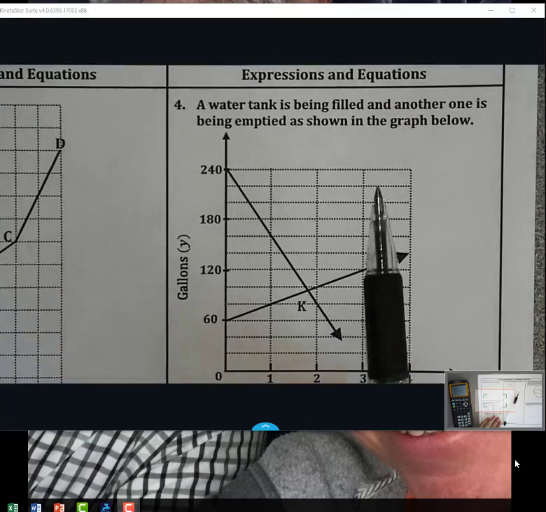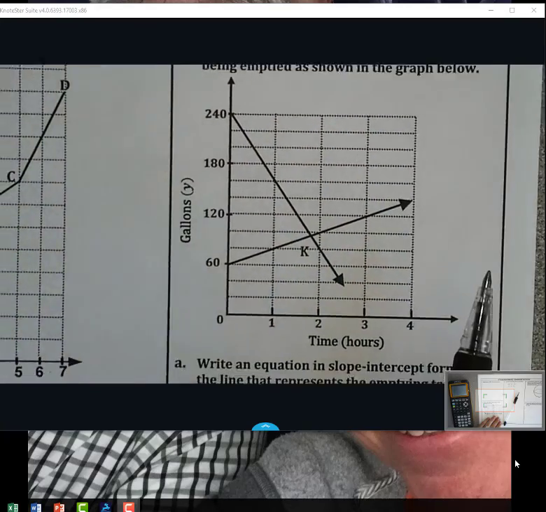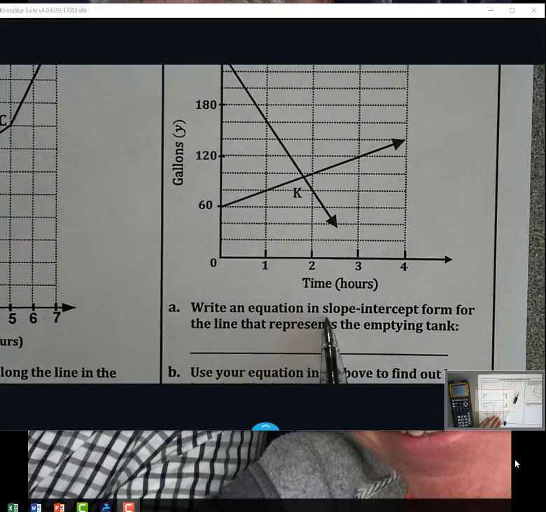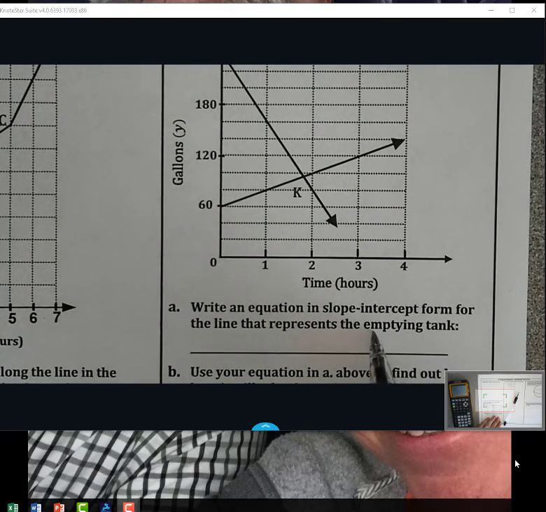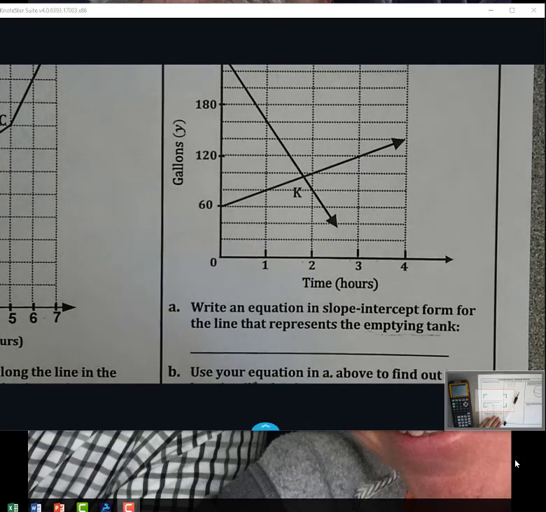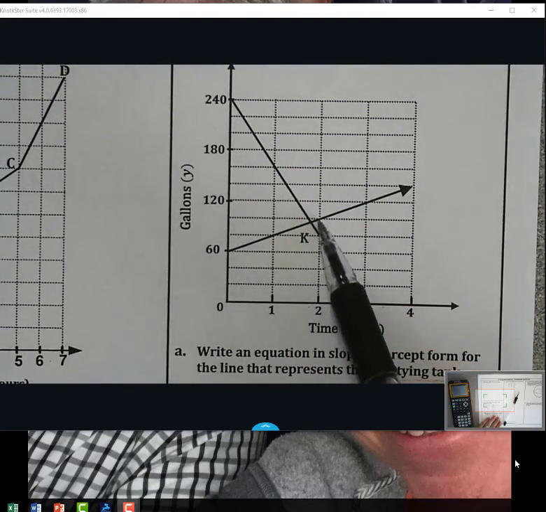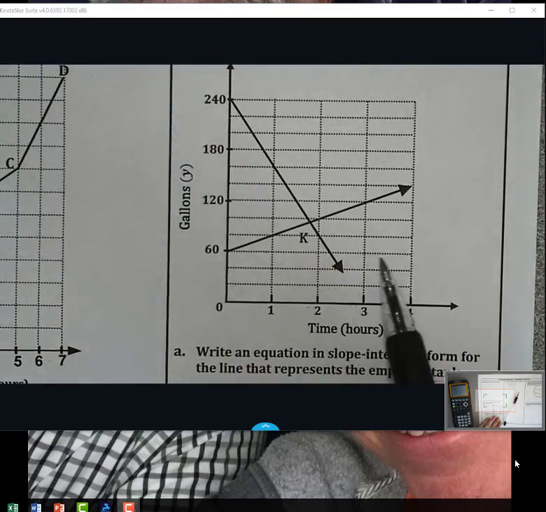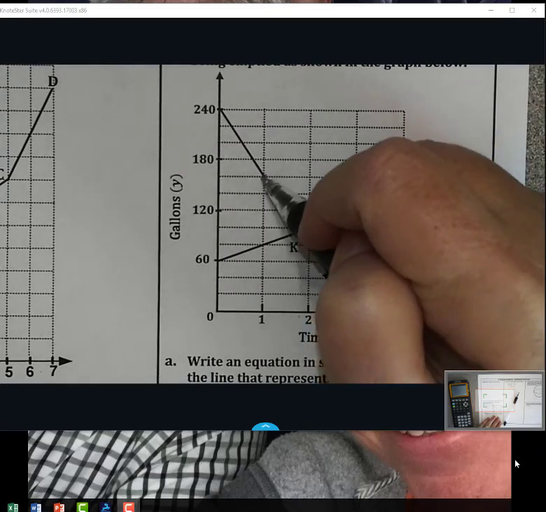A water tank is being filled, and another one is being emptied, as shown in the graph below. Write an equation in the slope-intercept form for the line that represents the emptying tank. So that means as time is increasing, the number of gallons is decreasing because it's emptying out. So we're talking about find this slope. Well, I'd rather find the equation of this. So let's see, if I chose this point and this point,